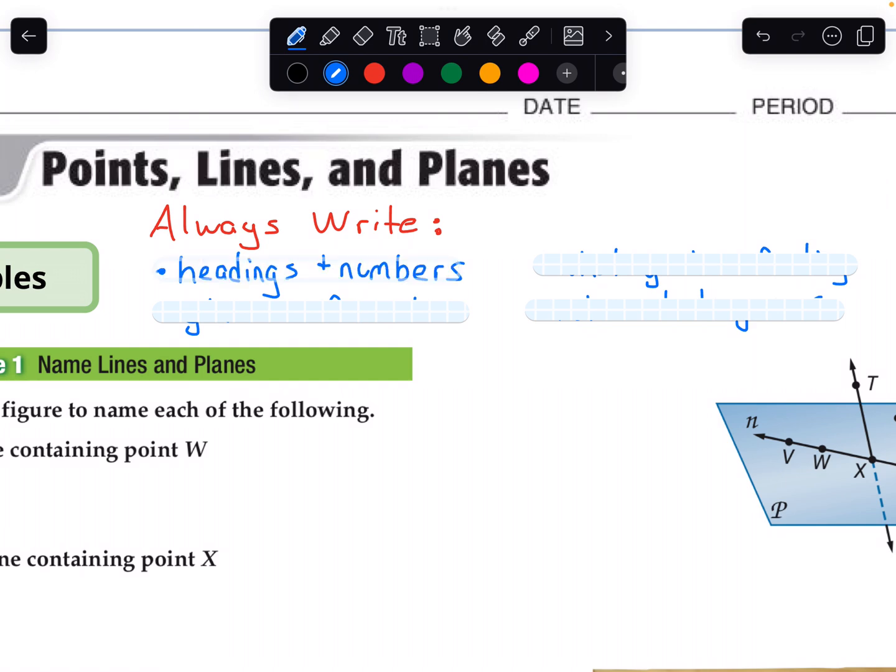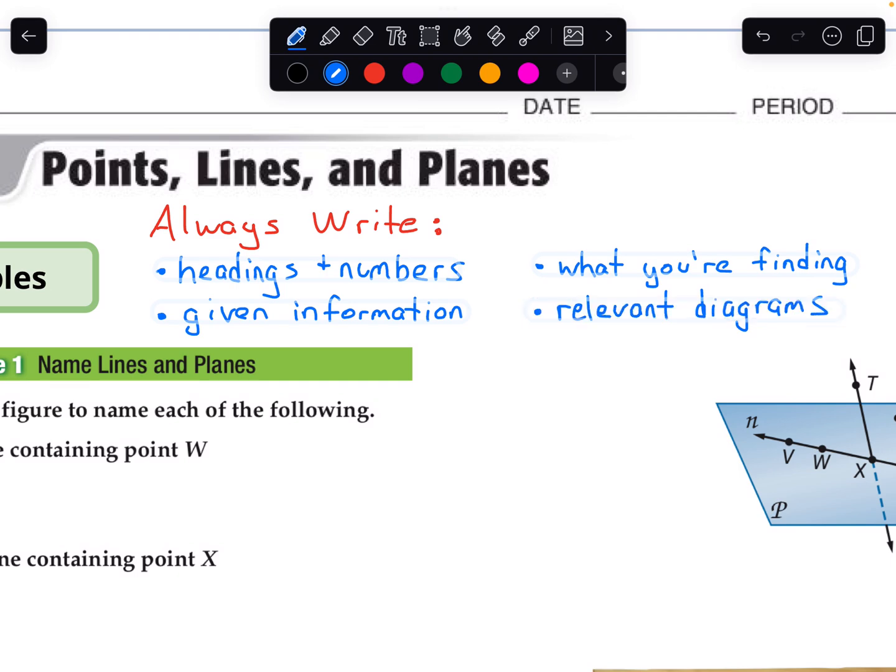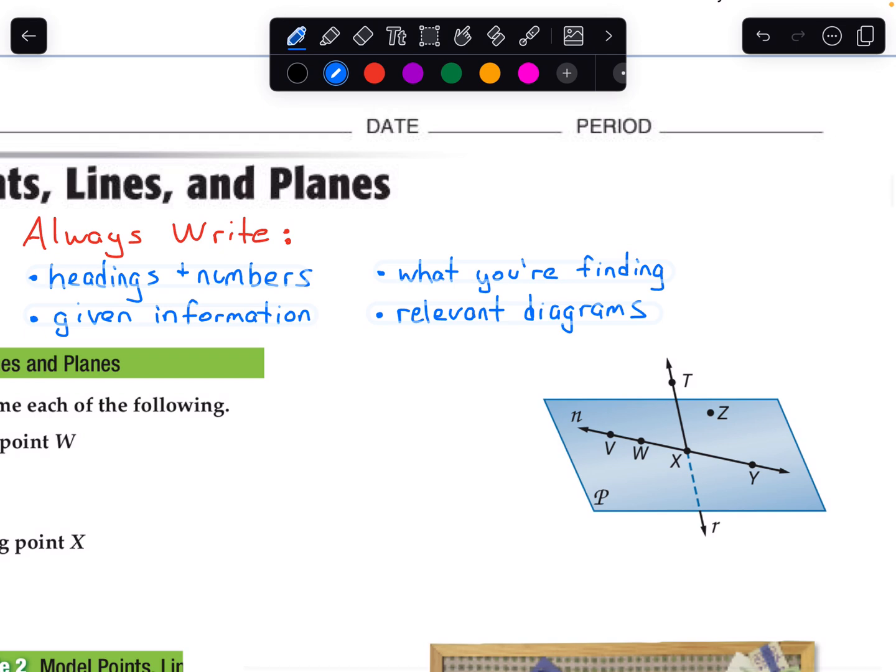And that is, first and foremost, headings and numbers to keep yourself organized. Any given information that will be used in solving the problem. What you are trying to find, that is, whatever the question is ultimately asking for, make sure you write out exactly what that is. And then include any relevant diagrams that are given to you. So yes, you should copy down the diagrams, such as the one here in example 1, on your own page